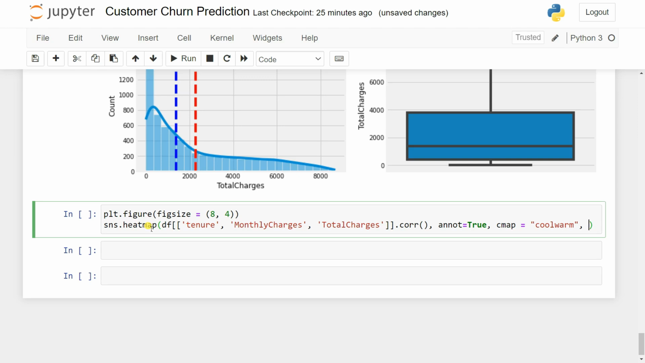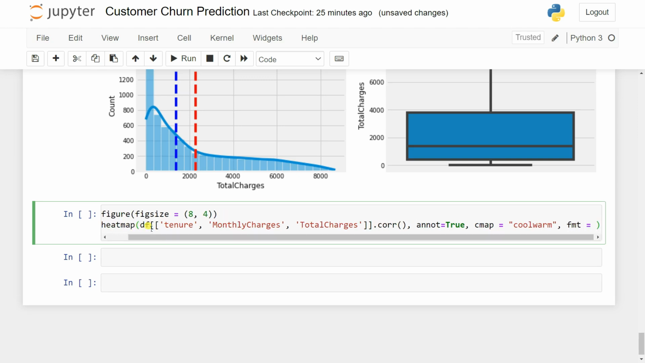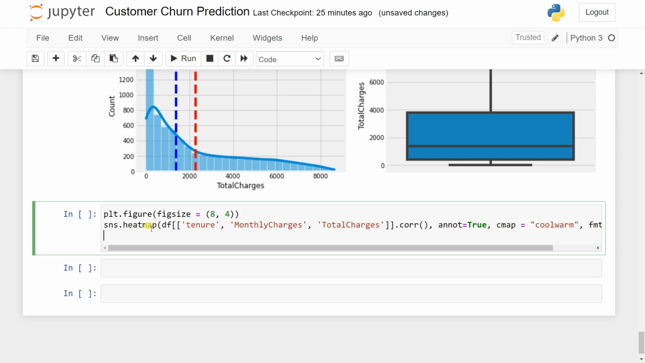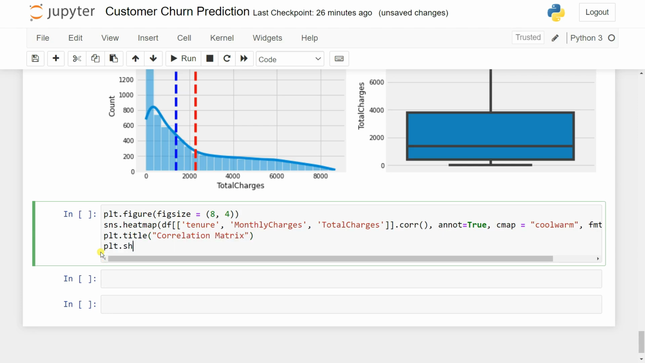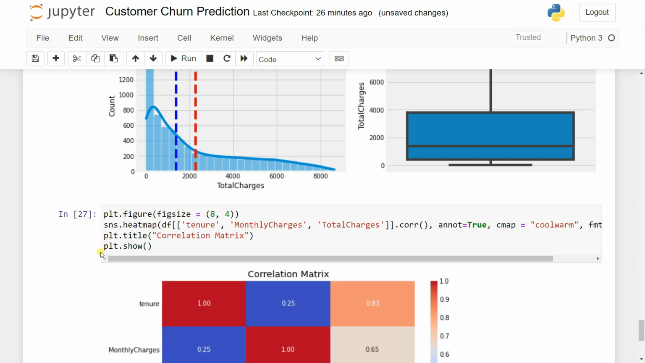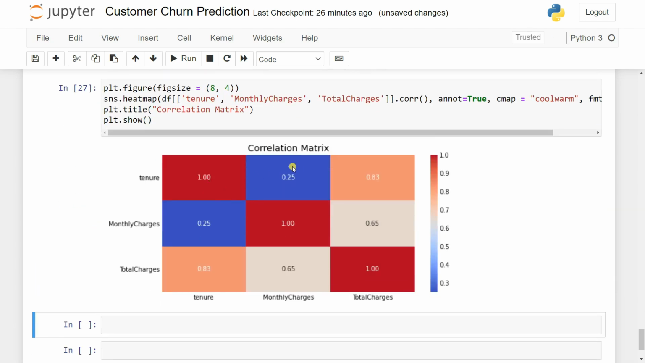Then I'm going to use the fmt. You can give it or not, it's up to you, but let's give it, it's the best choice to do that. So let's say .2f. Then after that, we're simply going to add a title. So let's say plt.title, and you can give it correlation matrix. Here you go, and using plt.show,